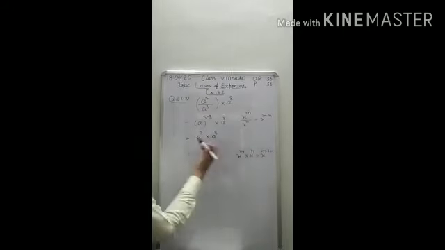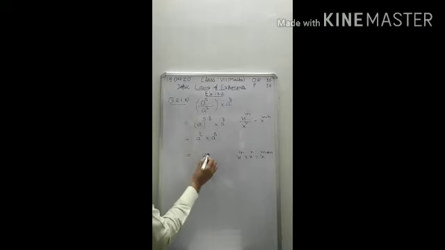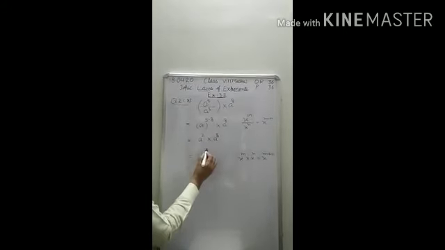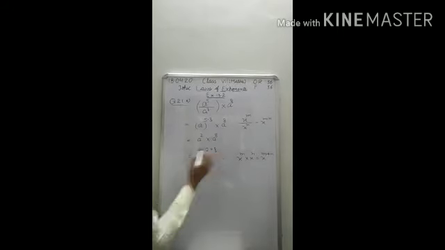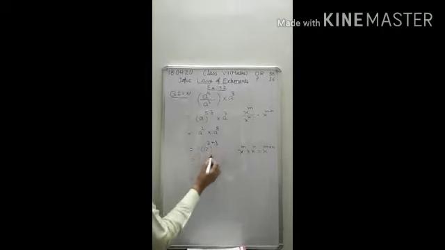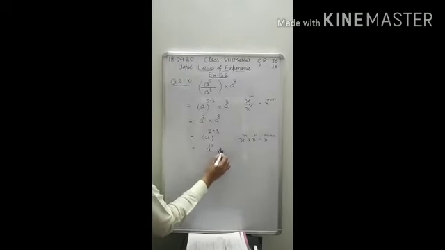So let us apply this identity here. Here the base will remain the same, that is a, and the powers will be added. So what are the powers? It is 2 plus 8. So you will get a raised to the power 2 plus 8, which is how much? It will be 10. So this is your answer.